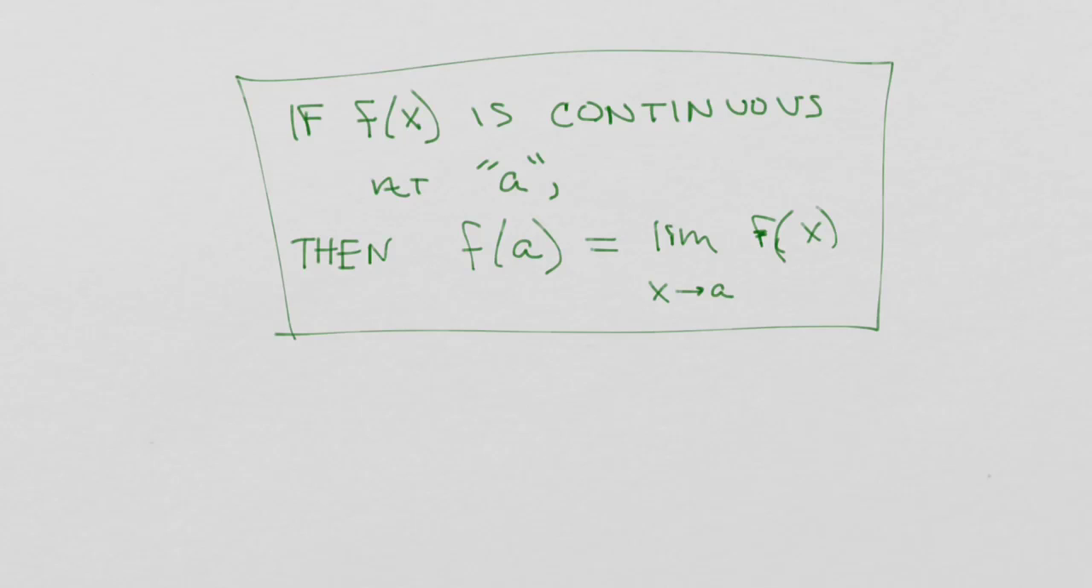If some function is continuous at a particular point, which we're calling a, then the function evaluated at that particular point is the exact same as the limit as you get infinitely close to that point. Which just makes good sense. Hopefully that makes sense, right? Because you're saying as you get infinitely close to some point,